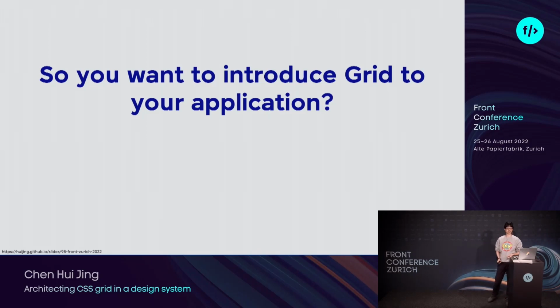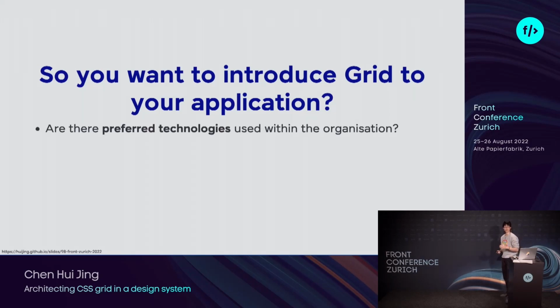But in those instances where you do have the opportunity to influence technical decisions, I find that asking the following questions can help you make a more informed choice. For example, what are the preferred technology stacks used in your organization? Because usually there is one. For example, it's public knowledge that Shopify is a Ruby on Rails shop. And it's not like we refuse to do anything else. There are projects that use other tech stacks, but we do need a good reason to deviate from the standard stack.